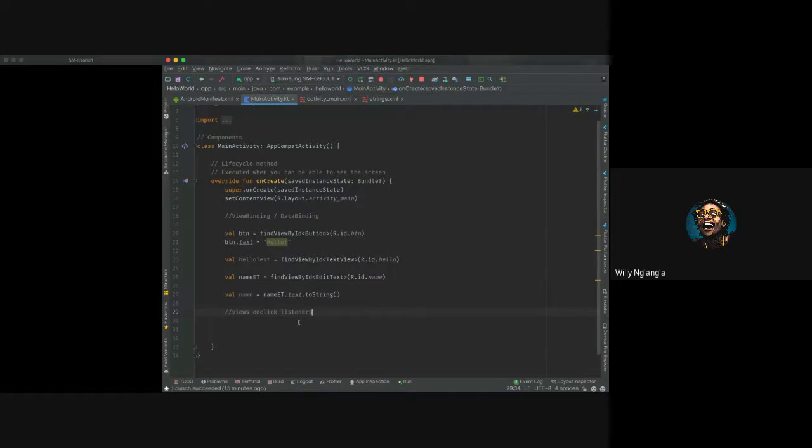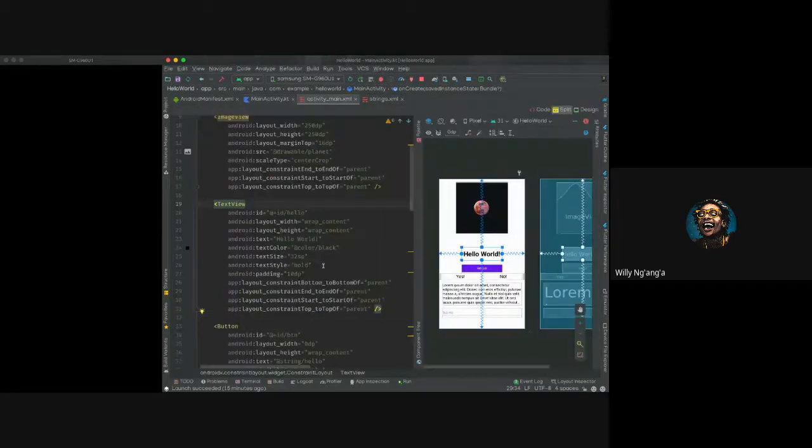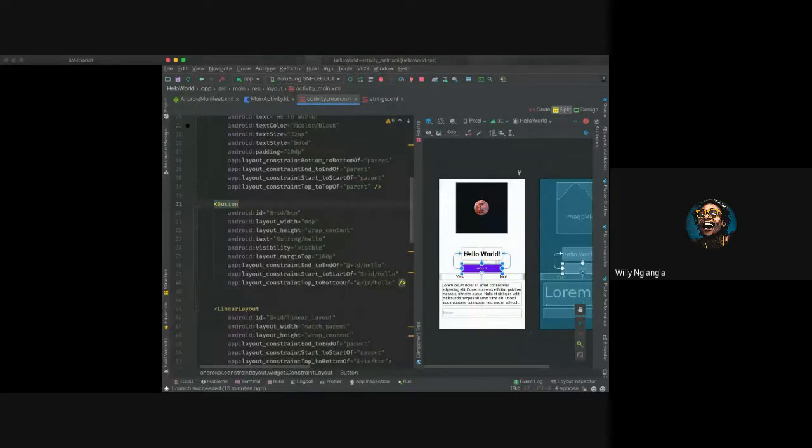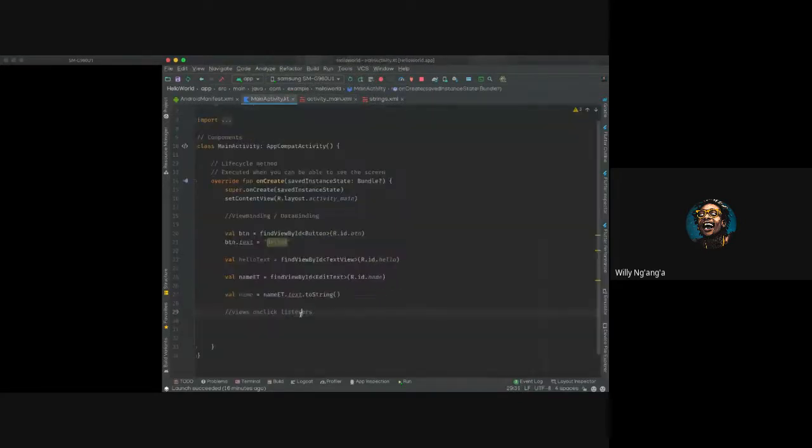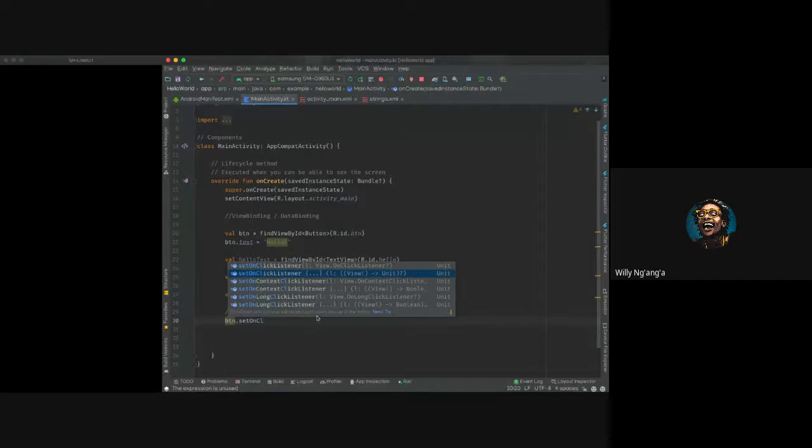So basically what happens is when running onCreate, it sets up a listener for that view, and whenever there is an event, for example on click, when we click this, we want to set up a listener where it will take the name from here and also update things over here. So basically a listener just waits for an event to occur, and the event needs to happen to our button. So we can just say button, and then we say setOnClickListener, and you select the one with the lambda